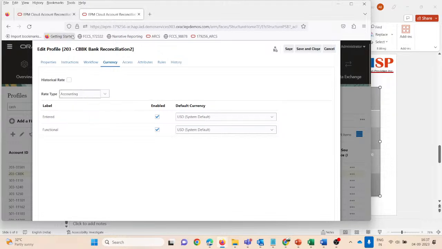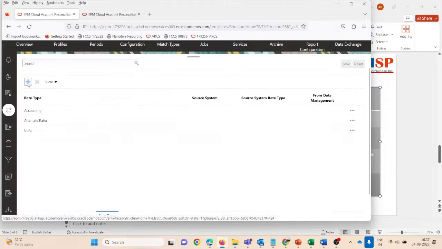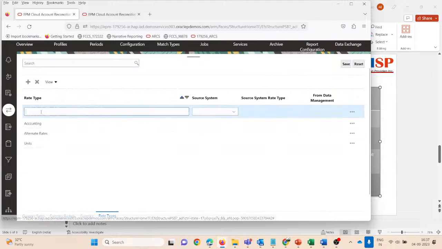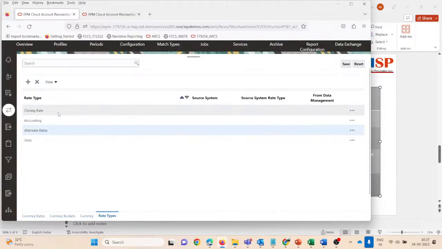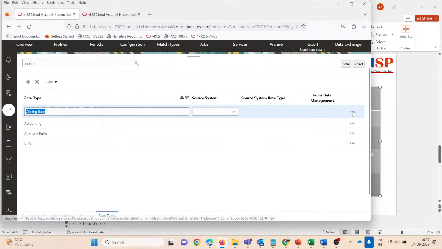So under accounting, we can create some other rate type also, say closing rate. Make it as closing rate and just